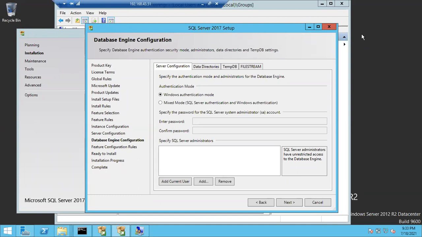Imagine you want to go to the bank and withdraw money, but you don't have an account in that bank. Is it possible to withdraw money from the bank where you don't have an account? It's not possible. In the same way, if you are not part of the SQL Server security group, you cannot connect to the SQL Server. So don't think that because I can access Windows Server, I can connect to SQL Server. No, it's false. You cannot connect to SQL Server. You should be a member of the SQL Server. Then only you can connect to the SQL Server.